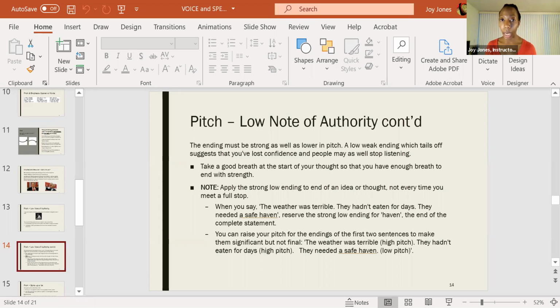But I'm also saying if you're using that low note for finality, really save it until you're at the end of your thought. Otherwise, the listener and you sort of have to pick up the energy, if you use it for every sentence. My instructions are in there, but Olivia, you'll see if you could continue the energy, speaking naturally, but then really ending on a strong low note on haven when you're ready.